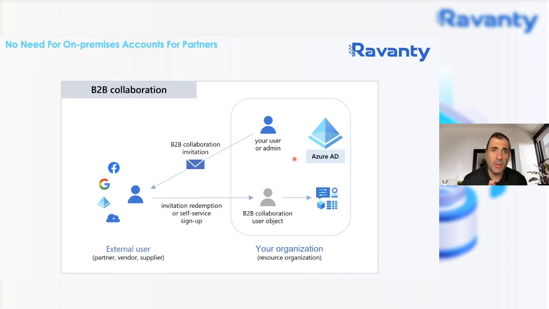Now, the important point to point out with Azure B2B collaboration, this is something that's going to really help with the onboarding and offboarding, is that the authentication is occurring in the home directory. So let's say that that user, after collaborating with your organization a month later, they're no longer with their organization. Now, the great part is that the authentication occurred in their home organization, so they will no longer be able to collaborate within your organization because their actual account is disabled in their organization.